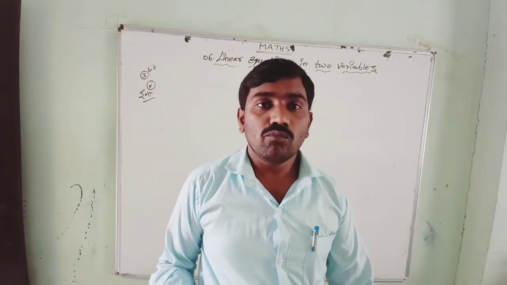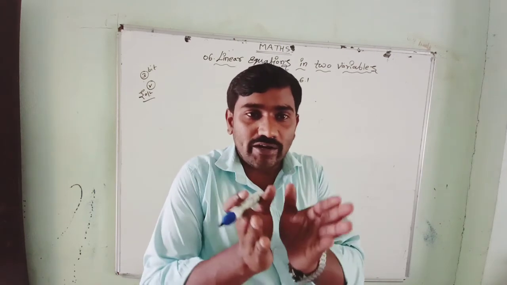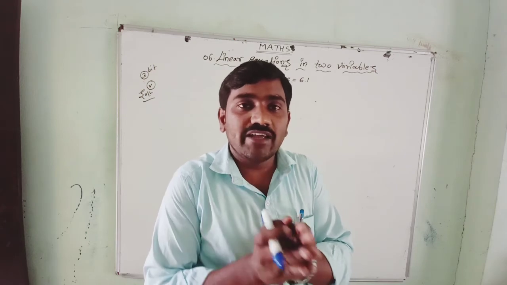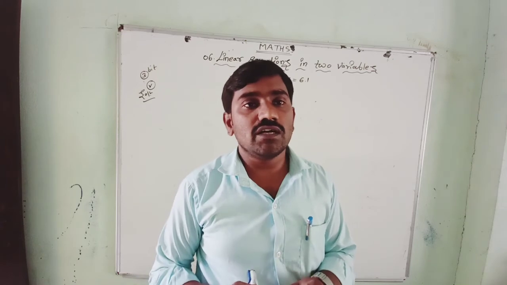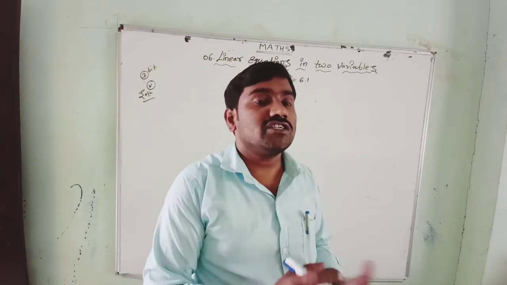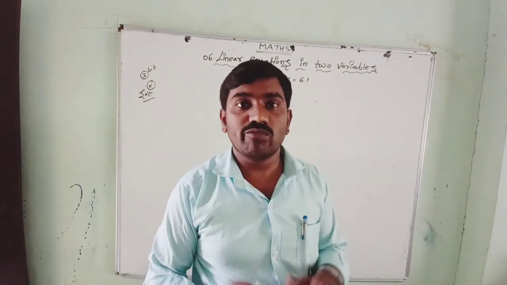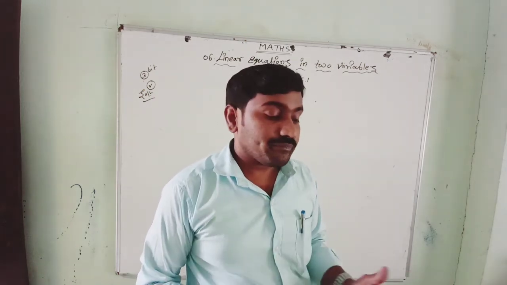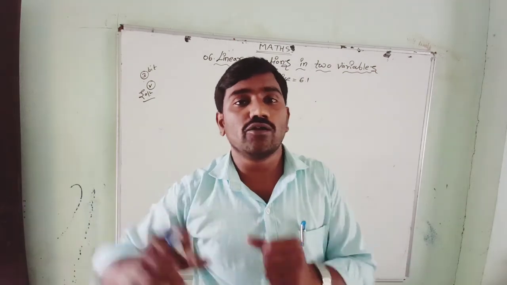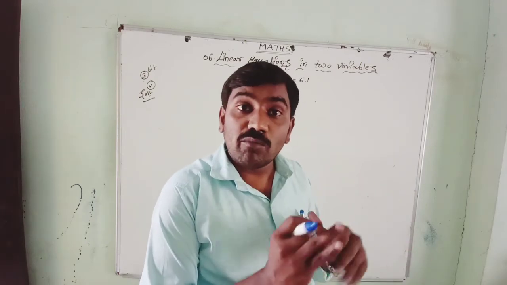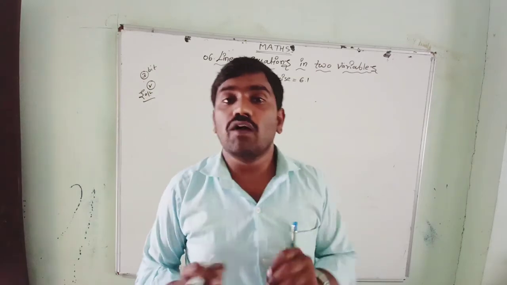Yamini and Fatima both are two friends who are studying in 9th class. What have they done? They have collected 200 rupees, the two of them, and given 200 rupees to the Prime Minister Relief Fund. What will the Prime Minister do with it? Whatever contribution comes to the Prime Minister Relief Fund, the Prime Minister will use for social activities to help the poor people. Here it is clearly given in the question that Yamini and Fatima gave 200 rupees, but it is not given how much amount was given by Yamini and how much was contributed by Fatima.